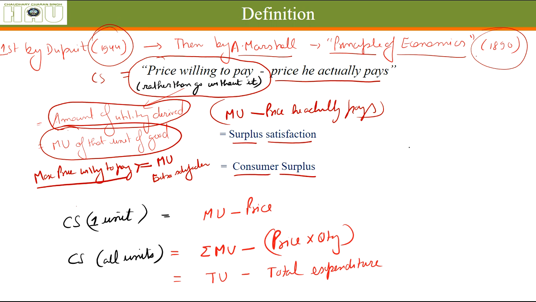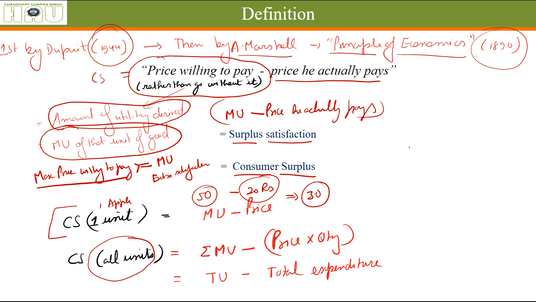In the case of, let's say, one unit, we are buying one apple. It gives him a maximum satisfaction; the marginal utility of that apple is 50 utils. So a consumer at most can give 50 rupees for that apple. Let's say the price of that apple was only 20 rupees, so the consumer surplus is 30.